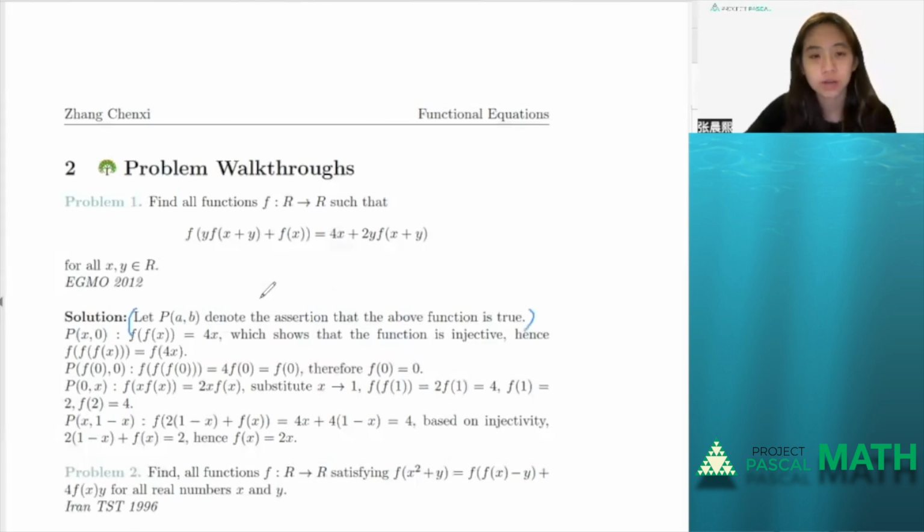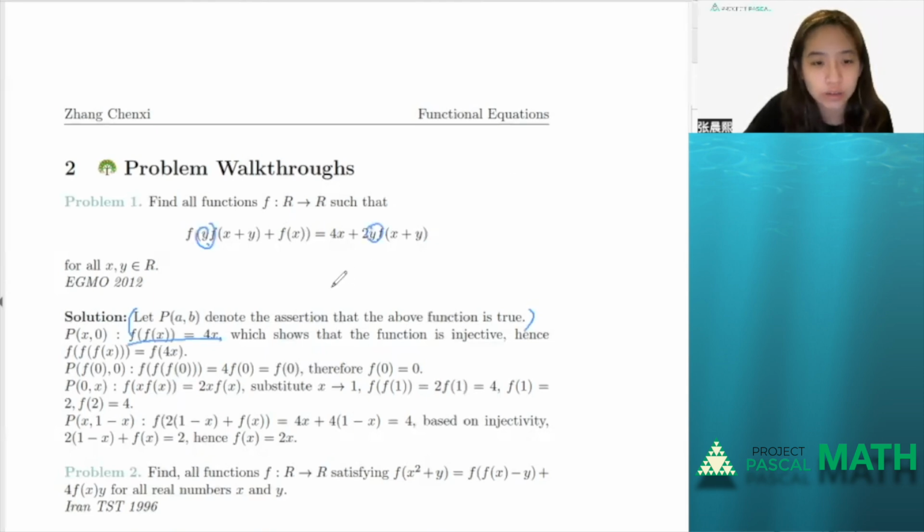Just like what I said in the toolbox earlier, you substitute in values like 0 or minus x to see what goes on. So here I feel motivated to sub in 0, because if I sub in 0, then the y here entirely cancels out. Similarly for the y here. And so after I sub in 0, I realize that I get f(f(x)) equals 4x, which shows that the function is